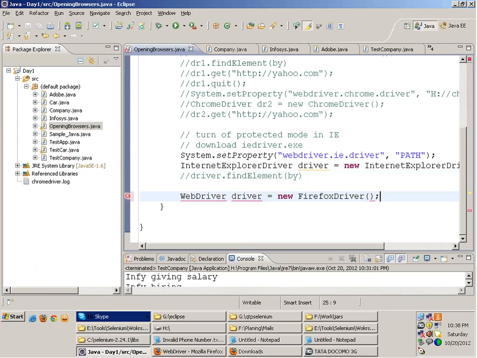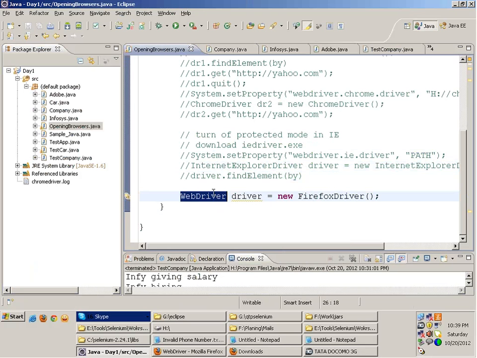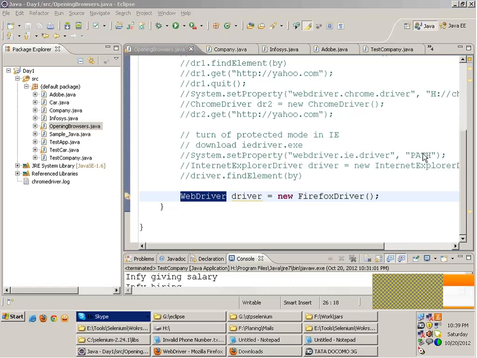This means that I can import the WebDriver interface. Now with this, I can only call the functions which are